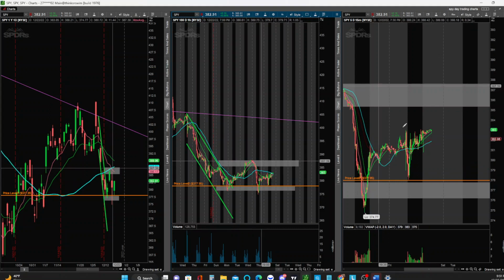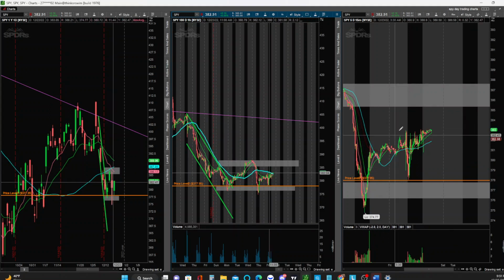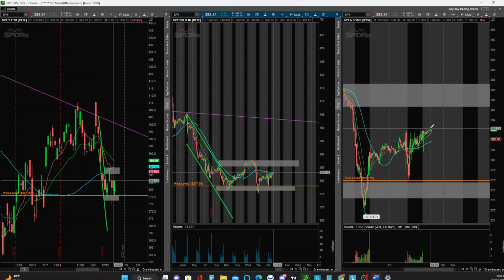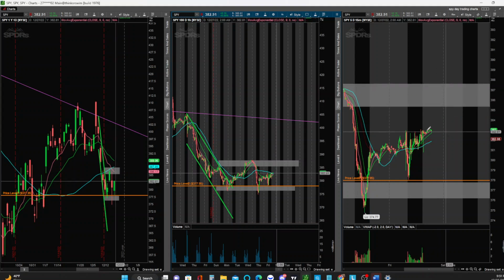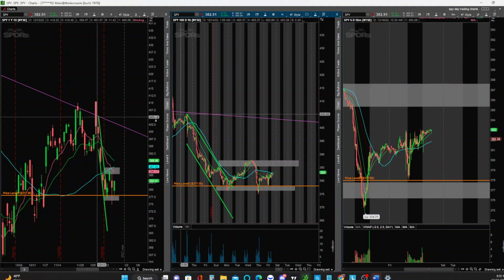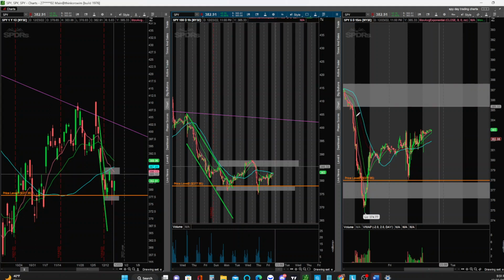So tomorrow, if you look at this 15-minute chart here, we're basically looking for a move from 383 up to here, 385 conservatively, and then 387 the max, right? Because I think SPY has an ATR of like $5 to $8. So ATR is basically how many dollars the stock moves per day. So right now we have probably like, I think it's $8. So tomorrow we'll be looking over that price range,